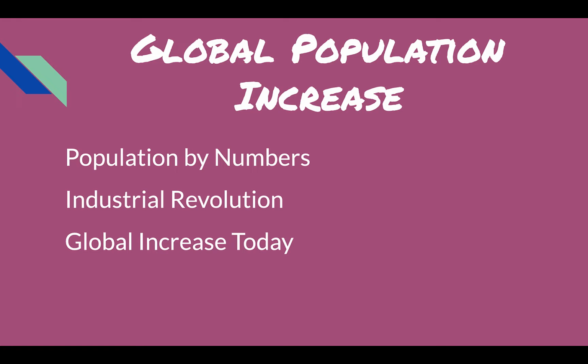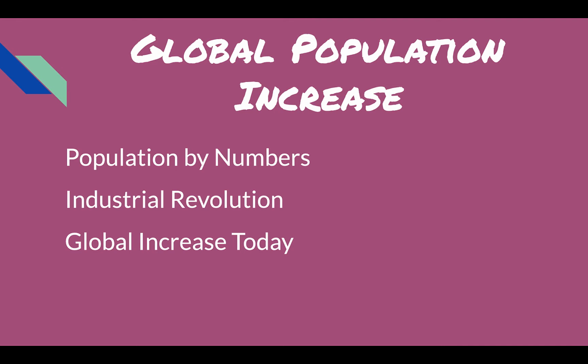And again, as we talked about in the chapter on the environment, as you have more and more people on the planet, all of those people have certain energy demands, right? They're going to need food, they're going to need water, they're going to need land. So these are some of the worries of having such a large global population: how do we provide for everyone, especially in the context of climate change and the fact that we really need to cut back on a lot of our energy consumption, especially when it relates to fossil fuels like coal, right?